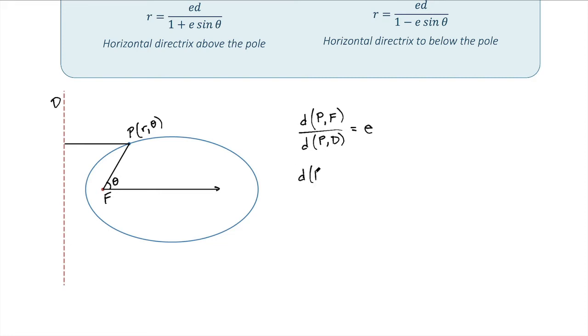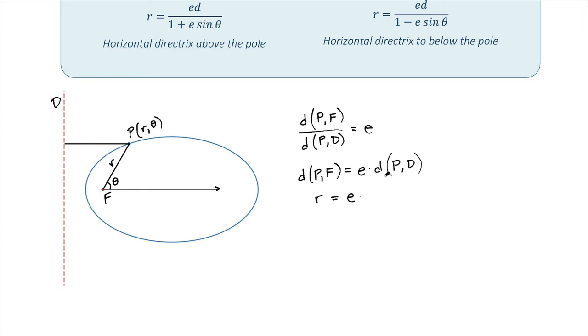So we get the distance from the point P to F equal to E times the distance from the point P to the directrix D. Well, now, the distance from point P to F, we know that is r, because this point is r, theta. We know that r is the distance from the pole to a point. And so that distance, P to F, is r. So I'll write that here, r equals, and then we have E